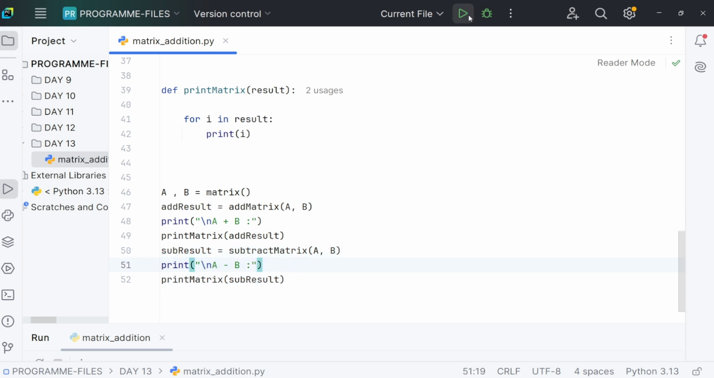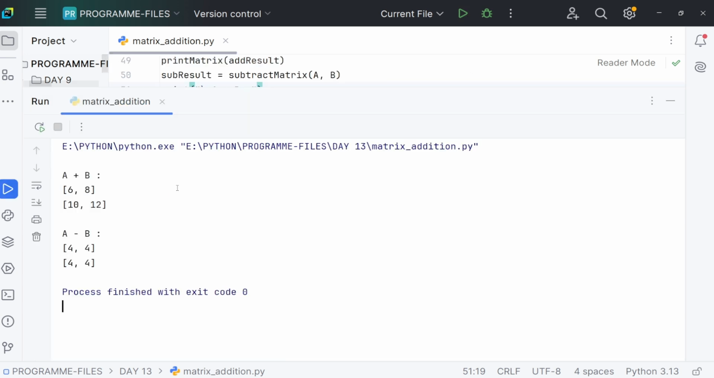Now that we have understood the program, let's run the program. We get the output as A plus B is 6, 8, 10 and 12, whereas A minus B is 4, 4, 4 and 4. Now that we have successfully completed our program,